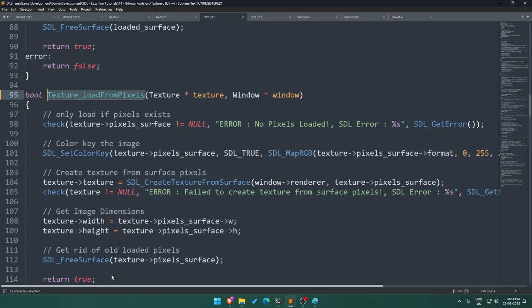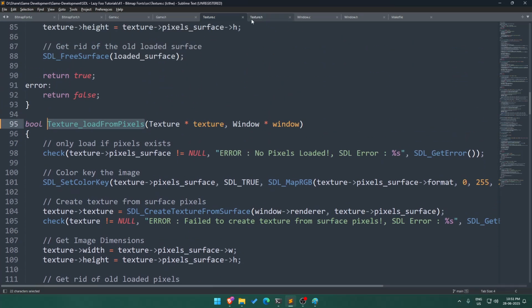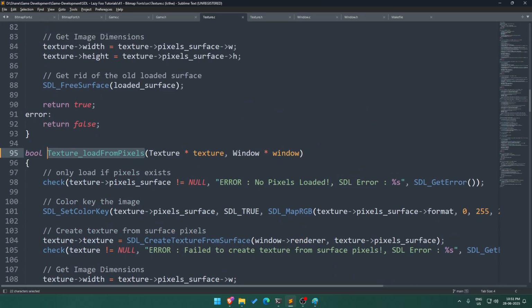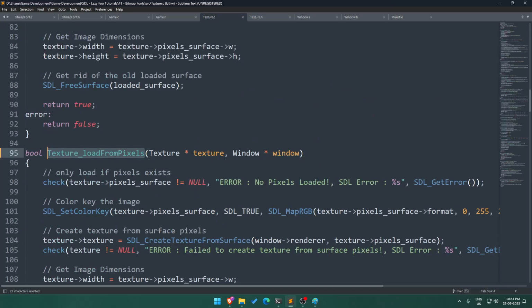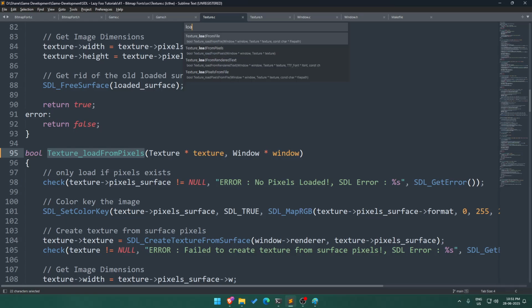Create texture from pixels, texture from surface, get image dimensions, and free the surface. Load from pixels. So it knows to go here, but when I tell it to load from